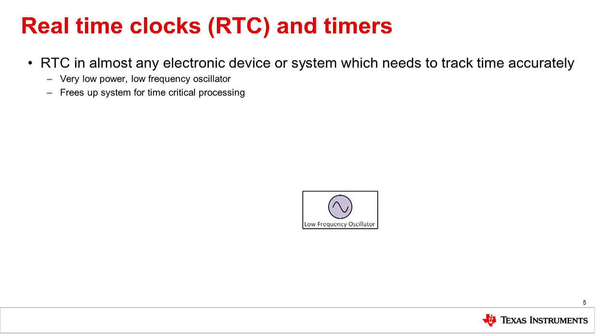You can think of this as a low-power implementation of the crystal oscillator on the previous slide. The trick is to reduce current as much as possible without sacrificing too much frequency accuracy. RTCs commonly run at 32 kHz with power consumption in the microamp range, but may only have less ppm accuracy. That's measured in seconds per day.